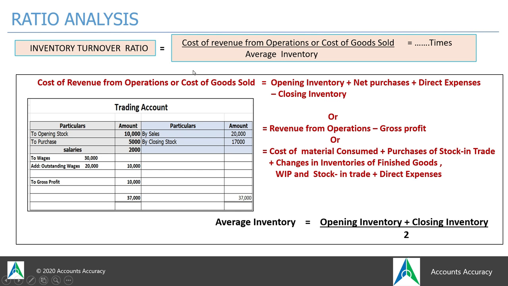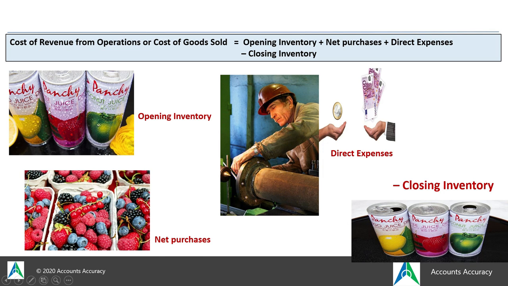Now here the inventory turnover ratio will be calculated by first of all finding out cost of goods sold. You must know what cost of goods sold is. I think you very well know what a trading account is, because for calculating gross profit, companies used to deduct from sales all the direct expenses as well as opening stock and purchases. So here you have to calculate cost, meaning how much expense the company has incurred, how much the company has invested in making its product. Now you know that opening stock remains every year with the company. Along with that, some purchases of raw materials are done and some direct expenses are made. Wages are a direct expense, or a few other direct expenses remain. So these all three are added, and from that you deduct the closing stock in order to find out your